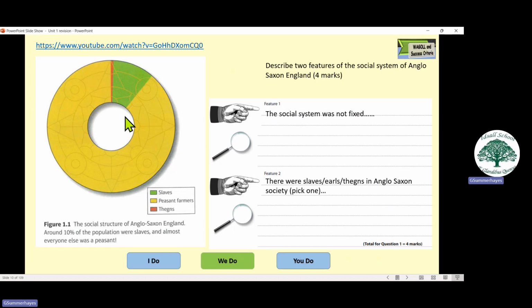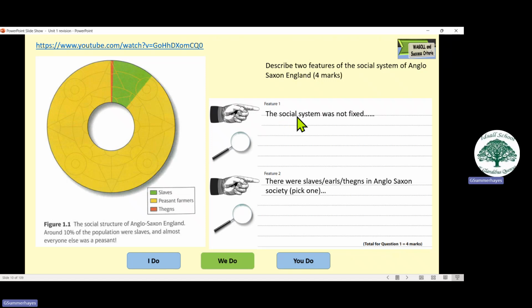So if you got a question at the start on the features of Anglo-Saxon England, you could talk about that, the amount of people who were slaves. You could talk about what they had to do for their masters. You could talk about the fact that they could move up and down it in some cases,